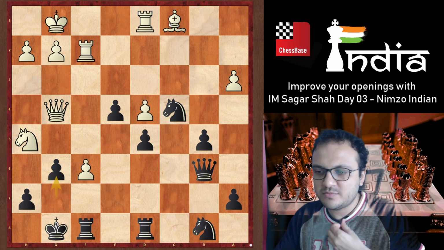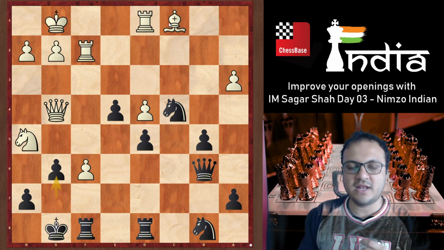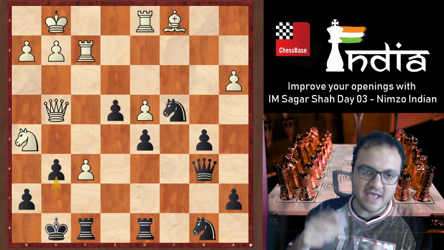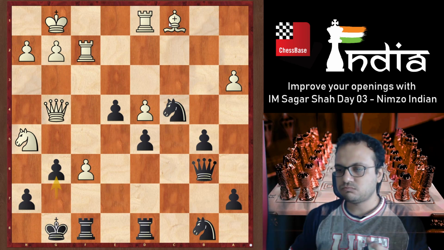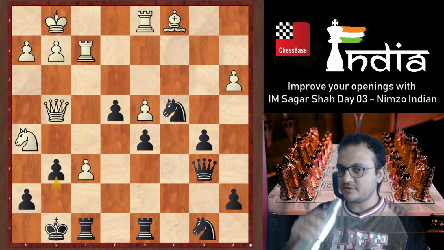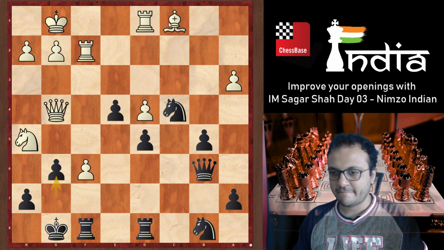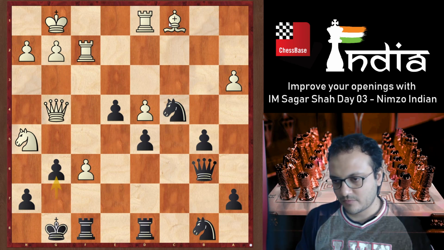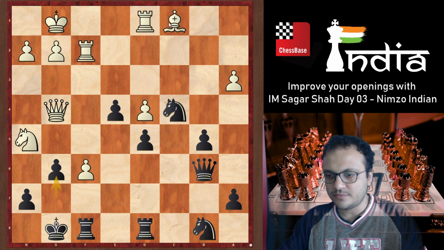Well, e6 was possible, Rima, but my main aim was to actually open up the position, and that's why I played this way, like knight h5, gave a pawn, f6, and gave another pawn. Yeah, Maria Almeida, you are right. Rima Singh, you are right. Rajat Gururaj, you are also right. Very good. Anushka Bhatt, you are absolutely right.